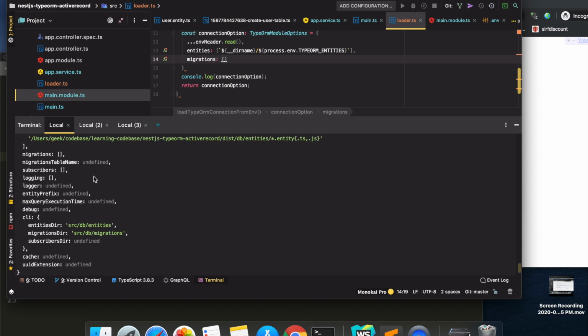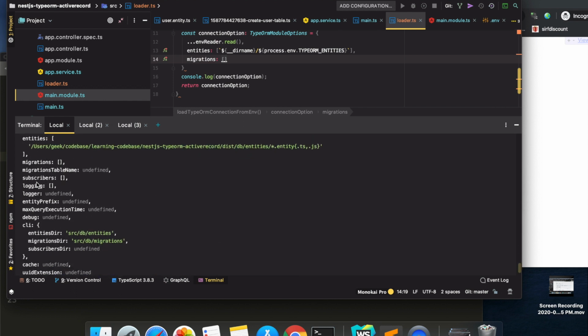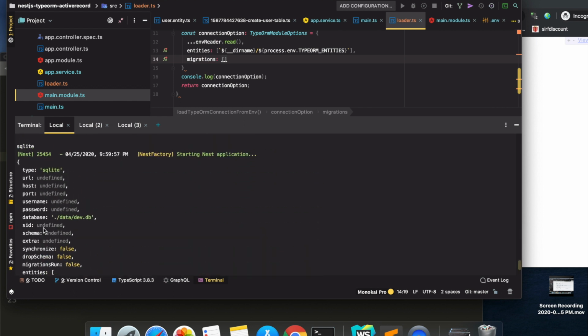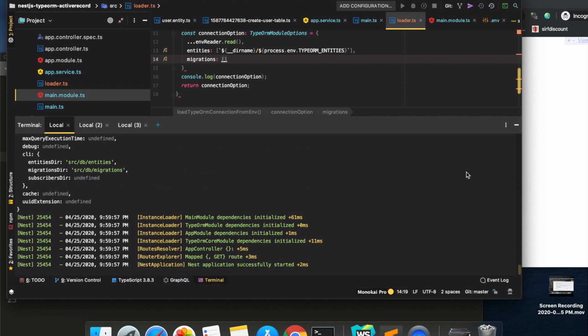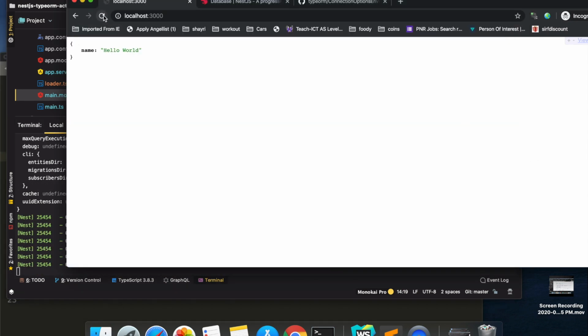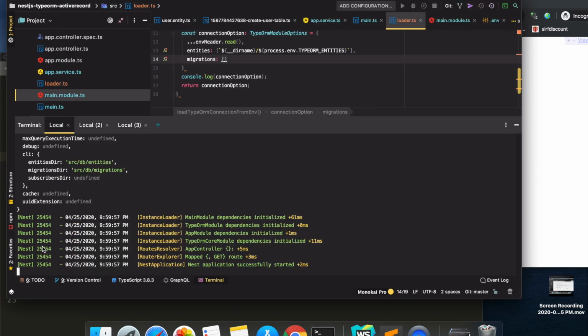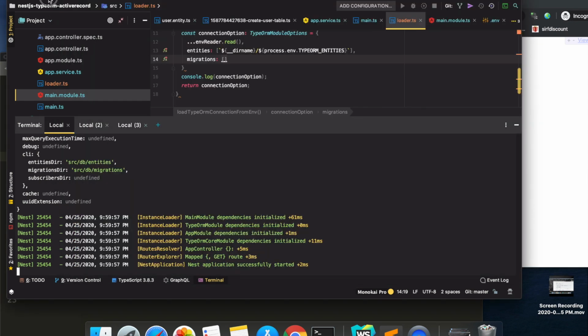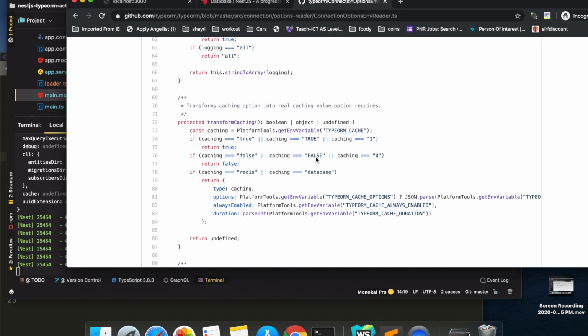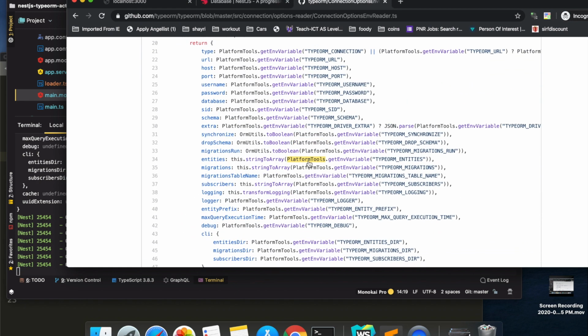okay, so you see it's loading entities. It has the database, it has the type. So if I just go ahead and refresh this, it's working, it's not throwing any error. Now we need to see whether it's querying something or not. For that we have this variable known as TYPEORM_LOGGING. We would set that to true.